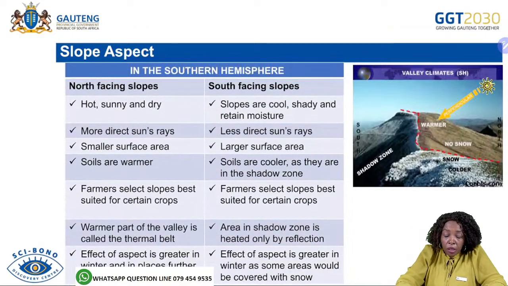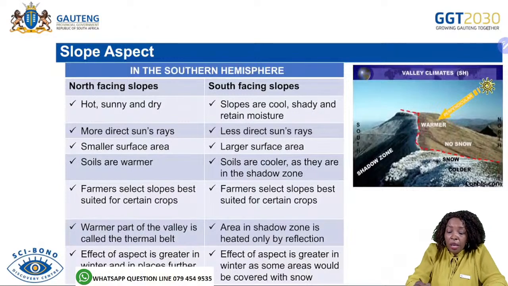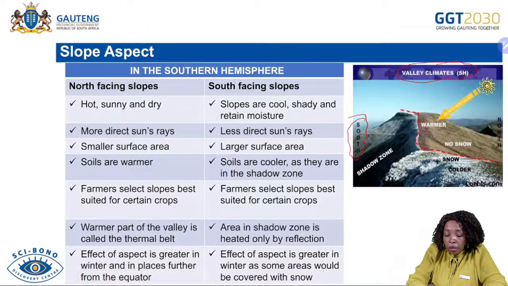I've got more of the illustration of this point, where now we're looking at the valley climate in the southern hemisphere. Okay, so what you can observe here, this is the south, the direction in which the slopes are facing here. It is facing the south here, and then this we would have the north. So meaning that the direction in which both these slopes are facing, this particular slope and this particular slope, would have different